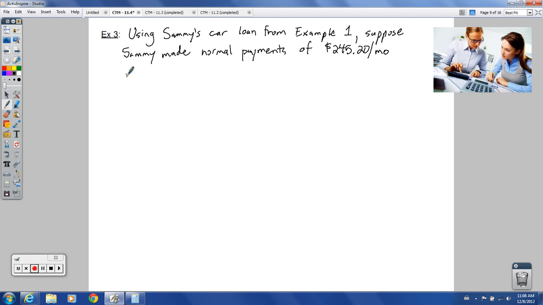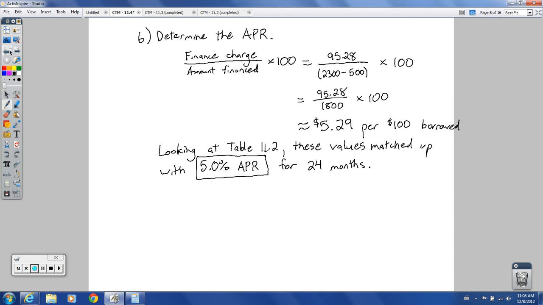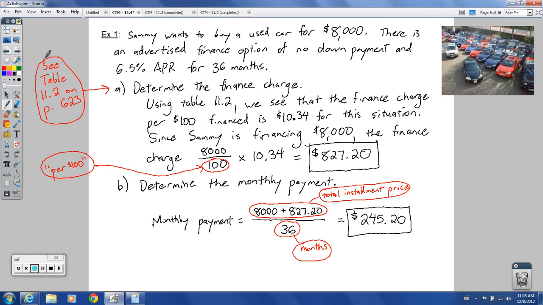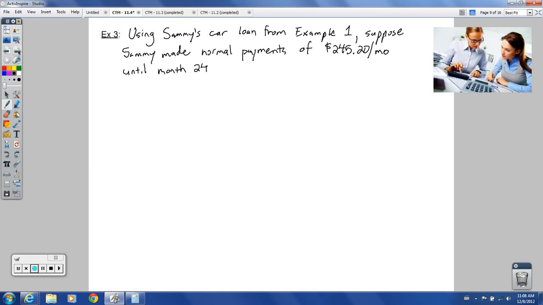So per month until month 24. If I remember right, I think that was a 36-month loan is what we said. Yep, so 36 months. And so after 2 years, until month 24, when he decides he's got enough money, he's going to pay off the rest of it. So when he decides he wants to pay off the rest of the loan,